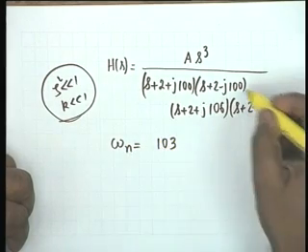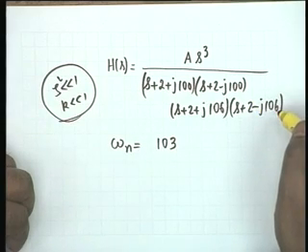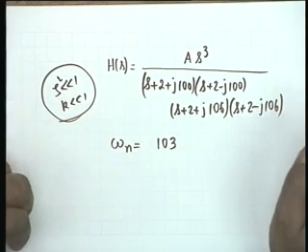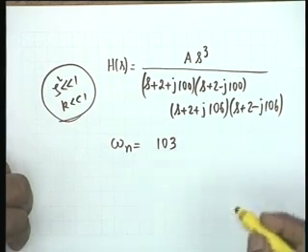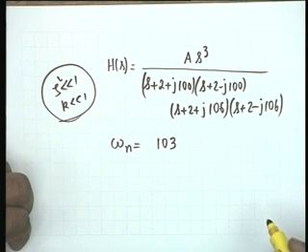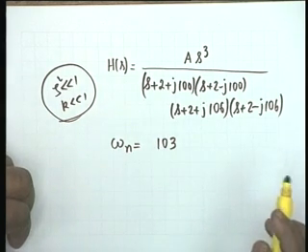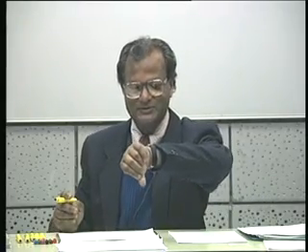103. It is the arithmetic mean between 100 and 106. Okay. Now, I am tempted to continue this example in tomorrow's class. I want to utilize the 3 minutes that are left to tell you something more interesting in this context. If you get such a transfer function, is it necessarily that of a double tuned circuit? The answer is no, and I want to tell you why.